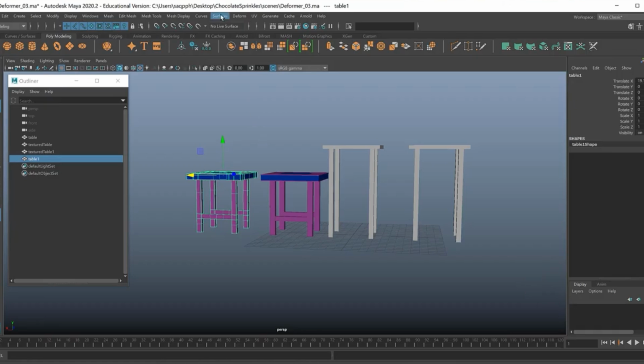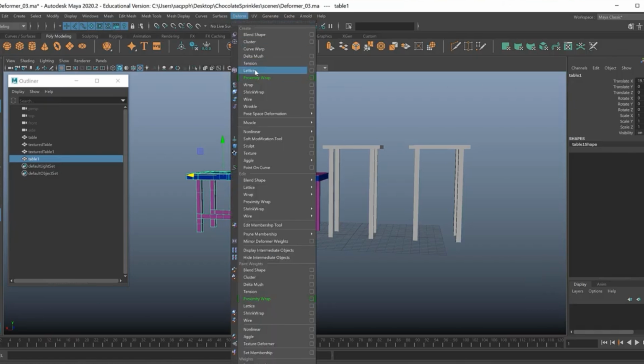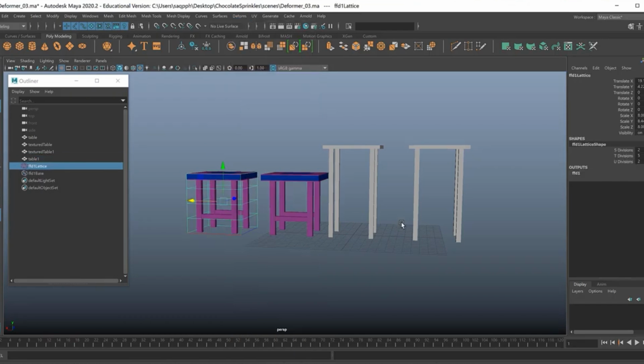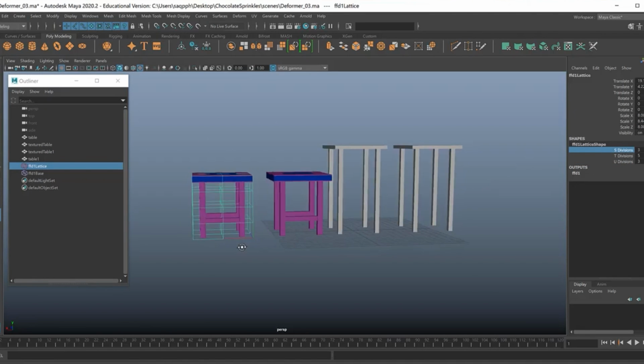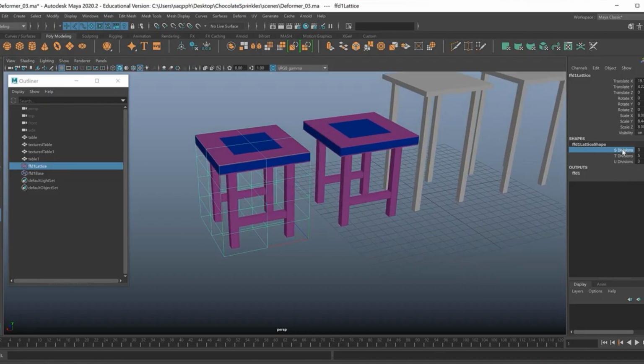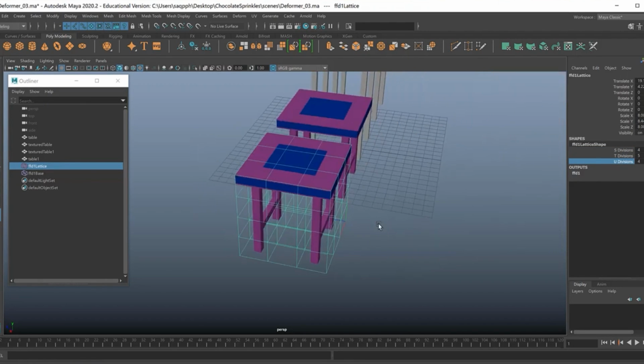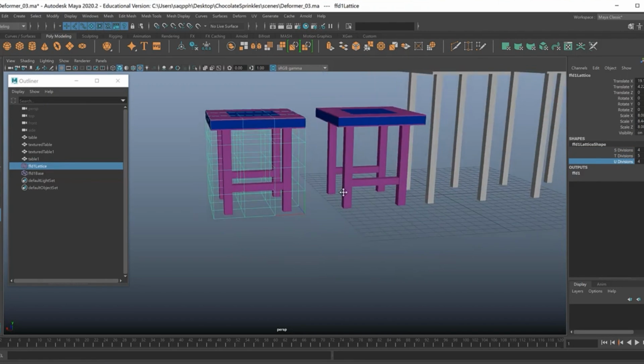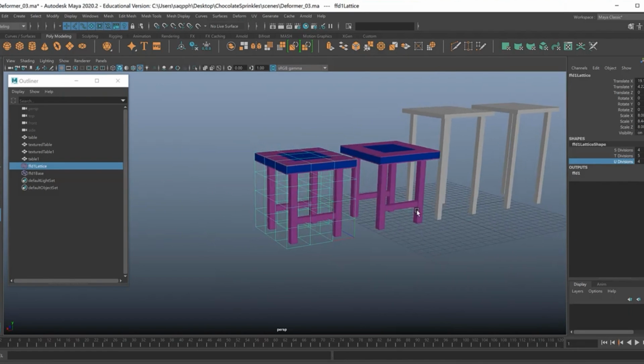So let's pop in over here, go to Deform, and grab what is called the lattice. The lattice is a really nice and flexible deformer. You can do a lot of things with this, and it gives you more options for how to reshape any object in a more detailed fashion. So what I'm doing over here is I'm increasing the divisions, similar to what you would see in the breakdowns of any cube. But you notice what this lattice did was it created a box around our